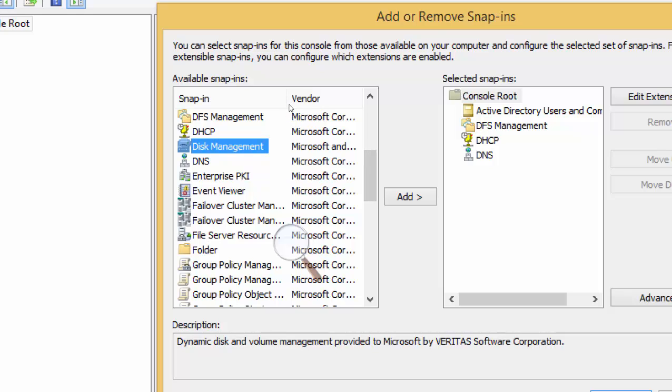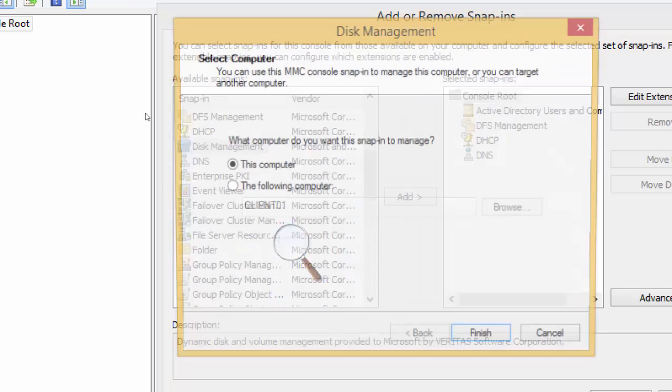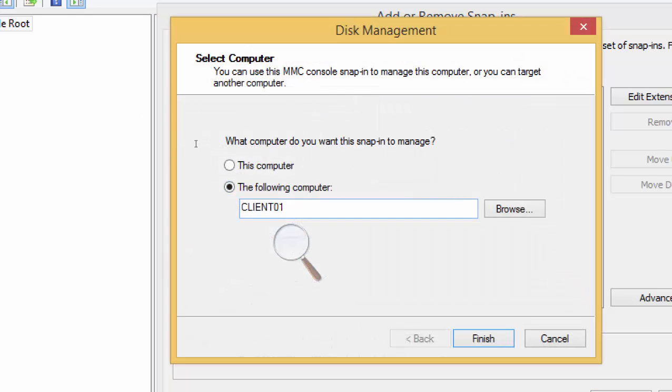Yeah, DFS management, double click, that's it. DHCP, double click. DNS, double click. And disk management, we just wanted to see if RSAT tools gives us a better exposure to remote disk management. So server 1, we can go to server 1 or server 2, anyone, just choose anyone, right? So server 1, finito,